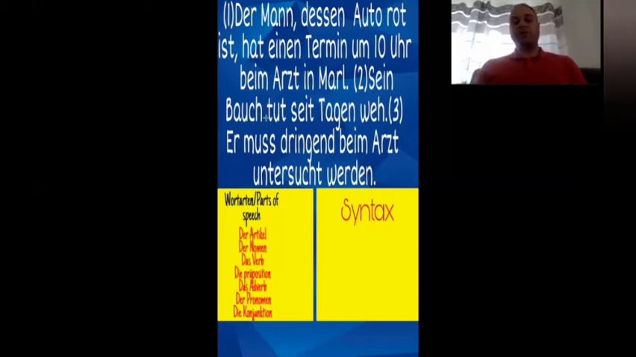The first part is "tut", and the same part is "weh". Okay, let's talk about the third sentence: "muss dringend beim Arzt untersucht werden". We have here different